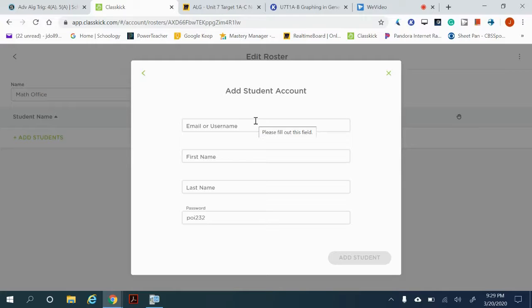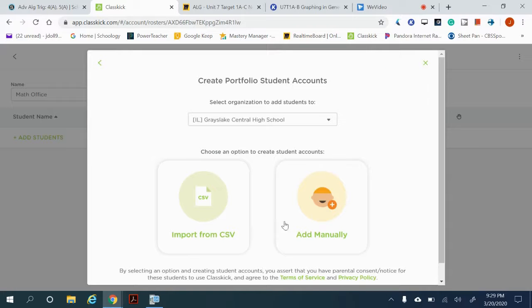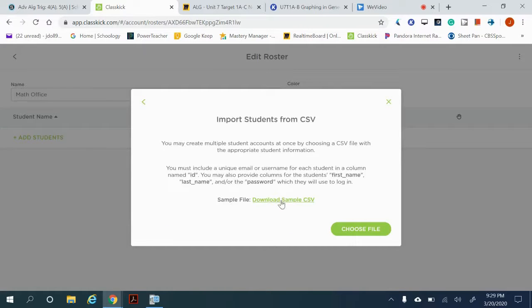Now, this isn't a bad thing if, like when I got a new student in one of my classes and I just wanted to add one student to a roster, I would use this option. But when I was trying to set up my classes and add 20 to 30 students all at once, this is a much better option here. So click on the import CSV,